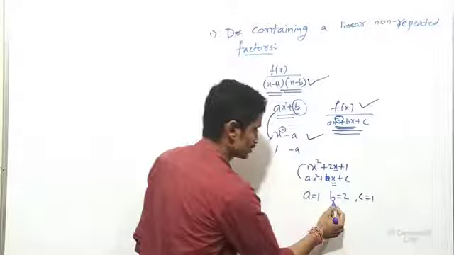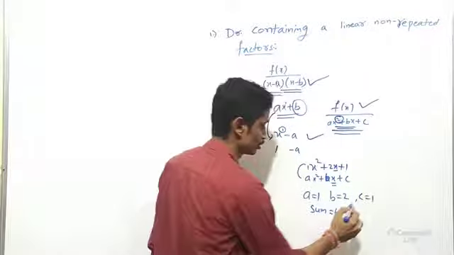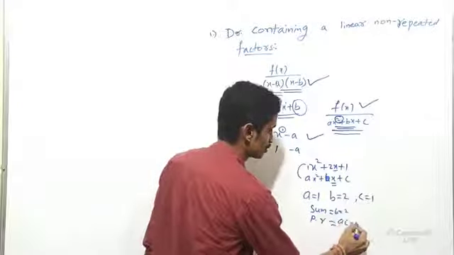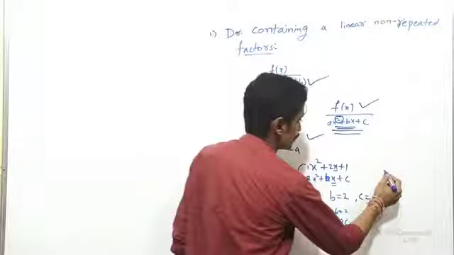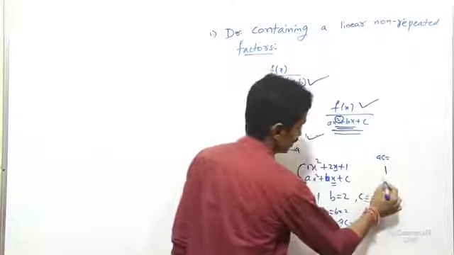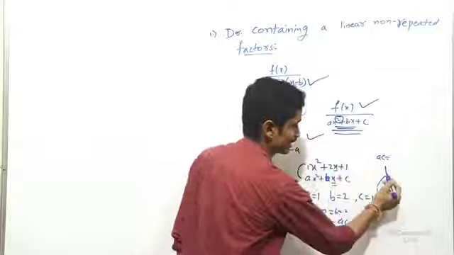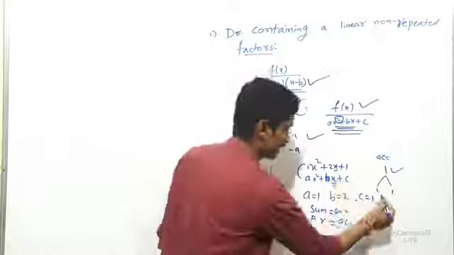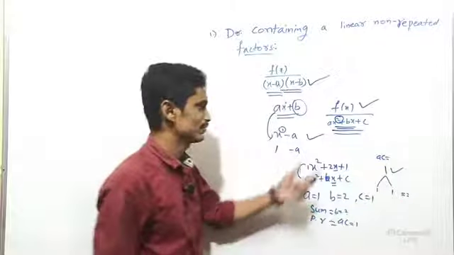Now, b can be considered as the sum of the roots, that is b equal to 2. And the product of the roots is nothing but a into c, which is 1. Now, how to split it? AC is nothing but how much? It is 1. That 1 can be split as two numbers, factors. The factors will be 1 and 1. If you multiply, we get 1. If we add, we get 2. Look, the sum is 2, the product is 1. Like this we can factorize.